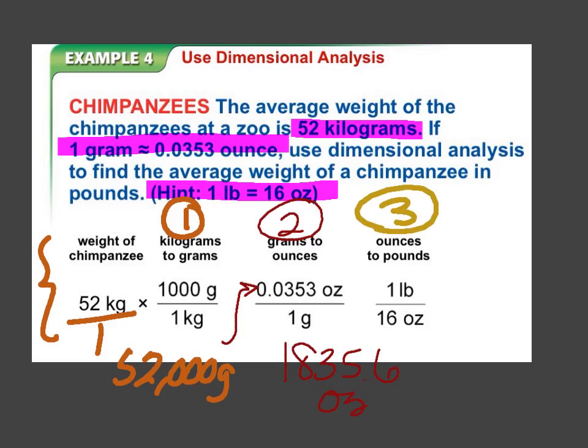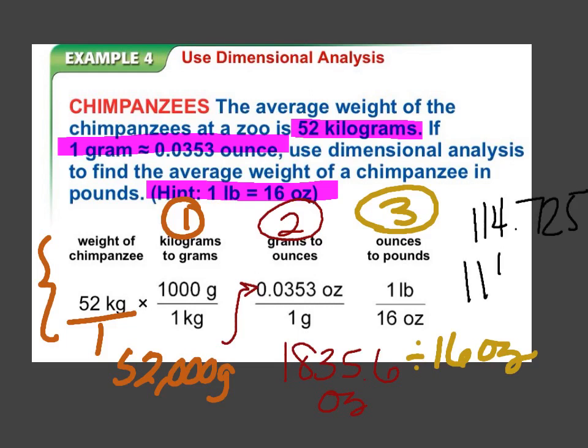So you take your 1,835.6 ounces and you divide it by your 16 ounces, and you get an answer of 114.725, so that's about 115 pounds. Okay,